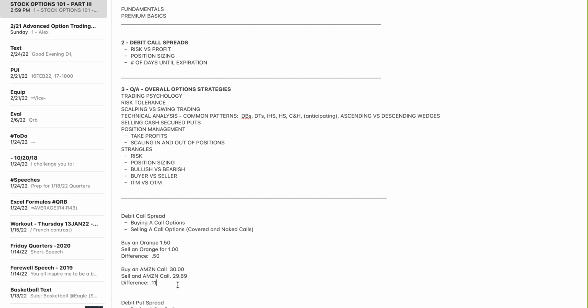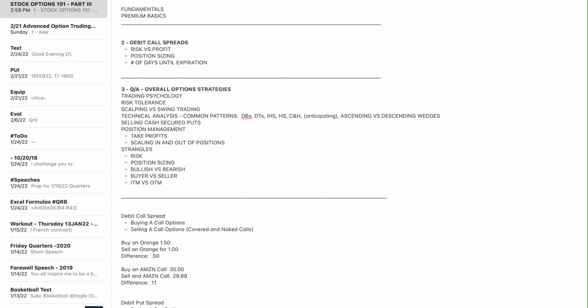Let's say you allocate $10,000 that you want to spend on potentially profiting on this prediction. You could buy three Amazon calls, or you could buy as many Amazon call spreads as you can afford with that $10,000. And each of those spreads would only cost you what,